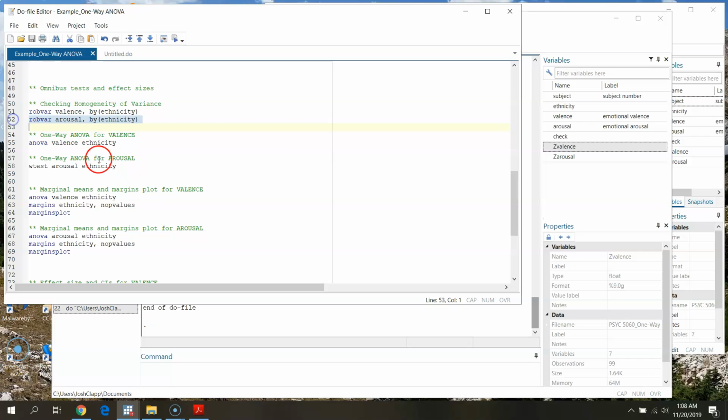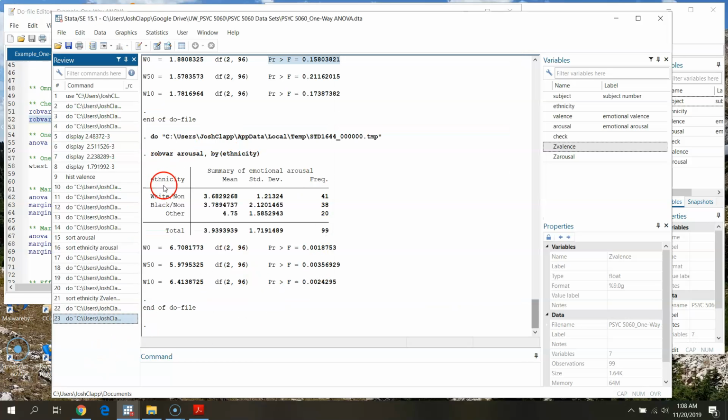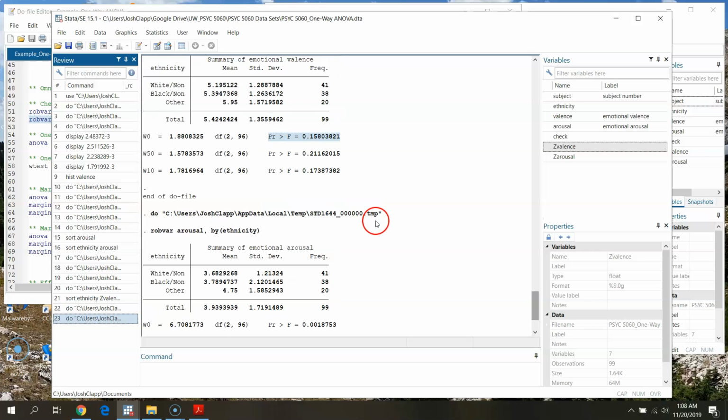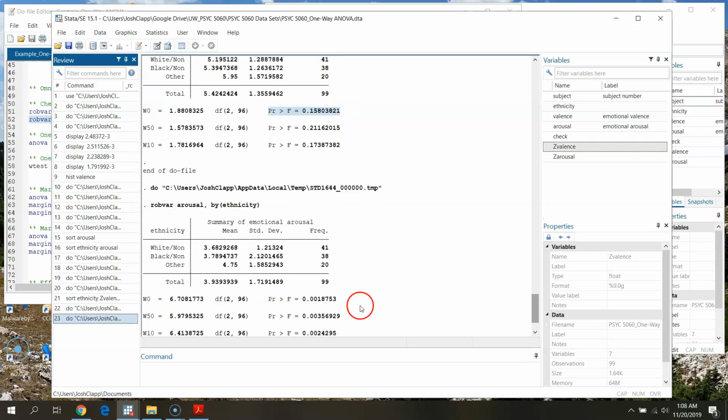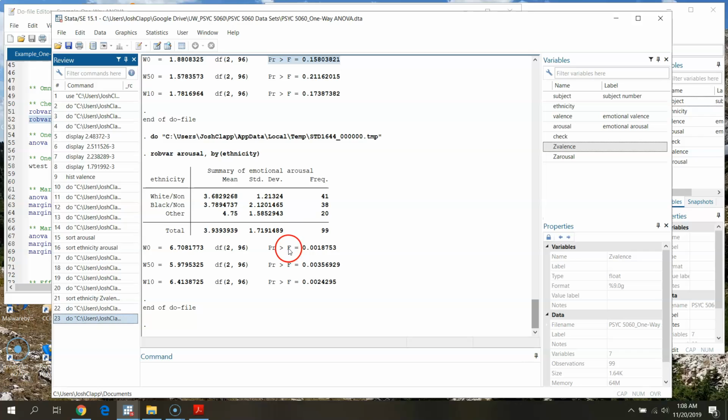We want to go through and then do the same thing for arousal. So asking for Levene's test, robvar for arousal by ethnicity. We run this, same thing, all our numbers add up, right? So we've got the same number of people, we're not missing anybody, but this time we see that the p-value for our Levene's test meets criteria for statistical significance. We get a p-value of 0.0019,